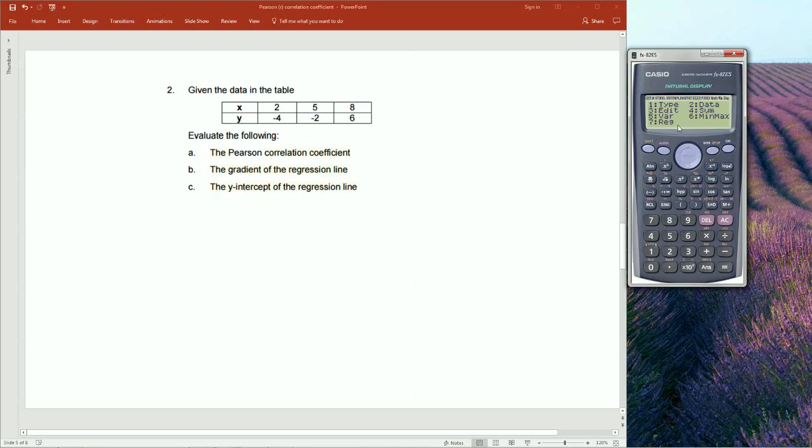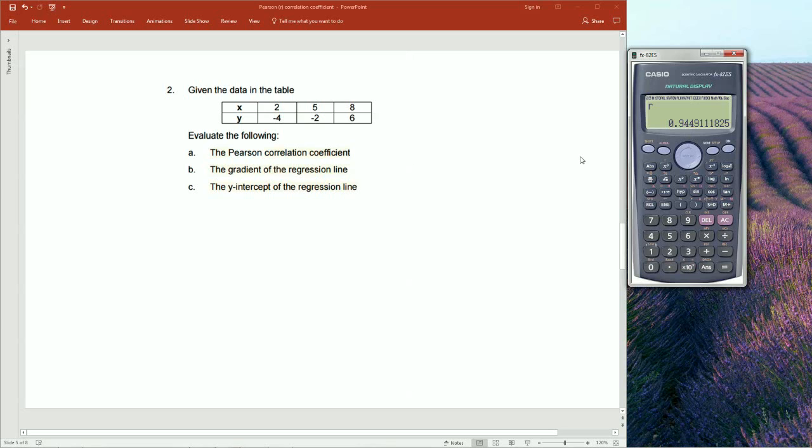And here we have all these options, and none of these really matter for us except number 7, which is for regression calculations, and all these are regression calculations. So we press 7, and here we have number 3, Pearson's R. So we click 3, and now enter, and there we have it. We have a very strong, positive correlation of 0.944911, and so on and so forth. So that's our Pearson's R,